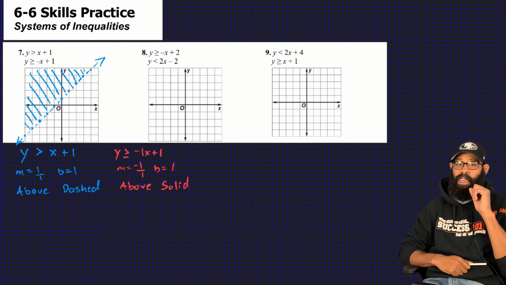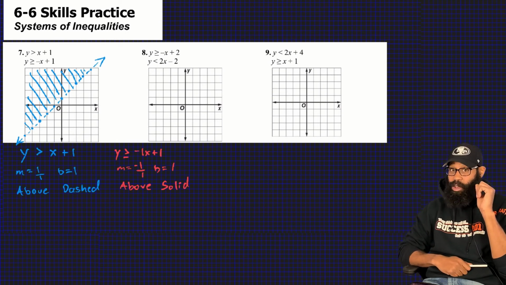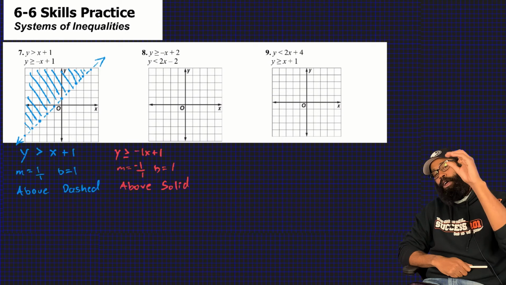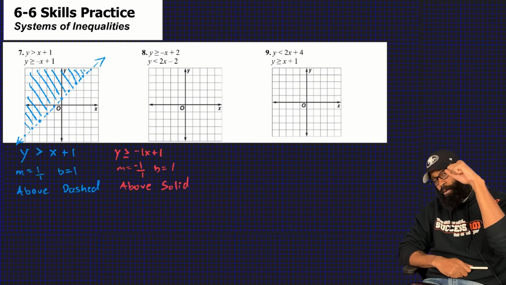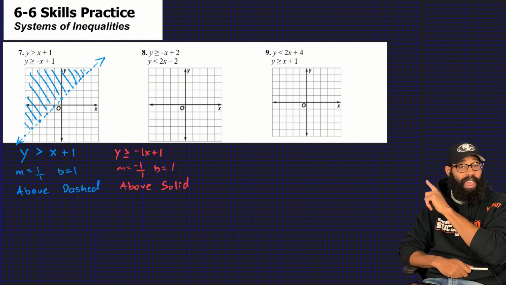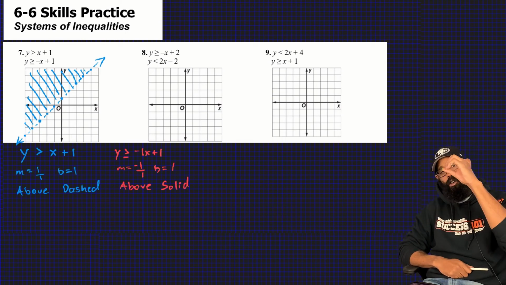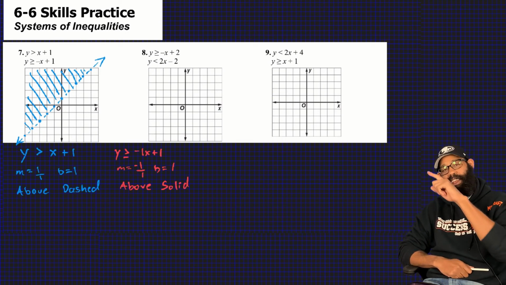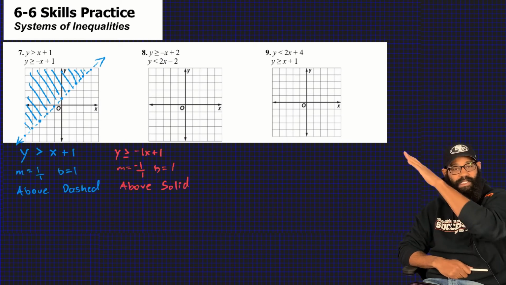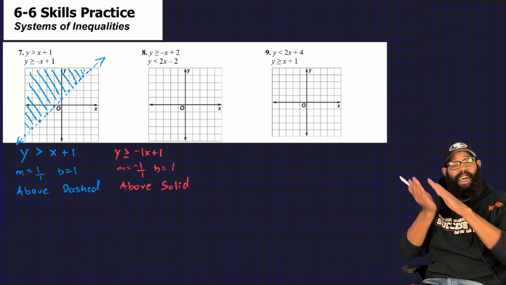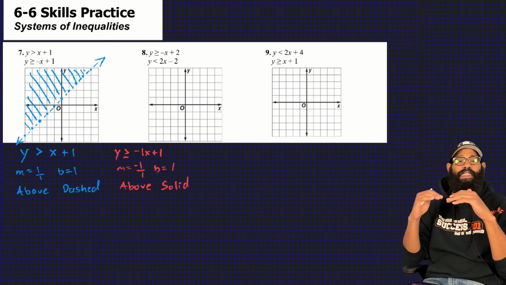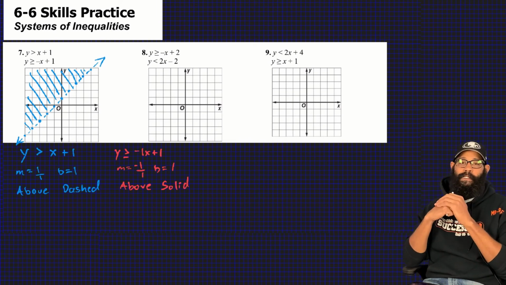But if I said he has less than or equal to $3, now I would close the circle because it's equal to. So now that we have a linear inequality, we're not talking about an open or closed circle. We're talking about a dashed line or a solid line. So it's solid because it includes the points on the line. Meaning